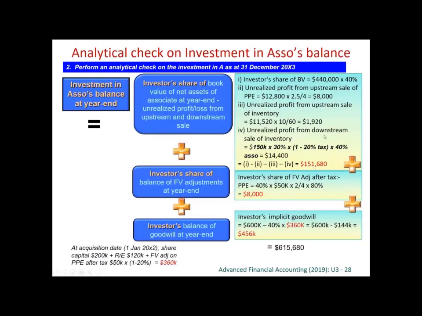So now the adjusted book value of net assets is 151,618. Okay? So we start from this book value of the net assets that the associate has reported, and we share 40%, and we do all these adjustments, right, relating to the intercompany transfer. For our associate, we adjust for all intercompany transfers, but only for our portion. If this is a reconciliation for NCI, remember, only if this is an intra-group transfer from a subsidiary, we need to adjust.